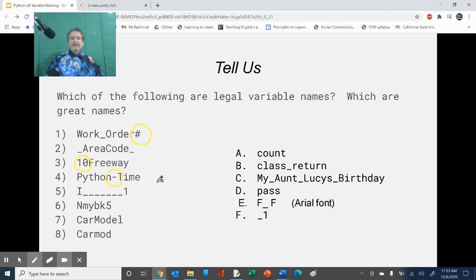We go down to number 7, and we see CarModel. That is a legal variable name. It capitalizes the first letter of the word model, and the first letter of car as well. That's pretty easy to understand, and it is legal. There's no special characters, it does not begin with a number, and it is not a keyword. That's a perfectly legal